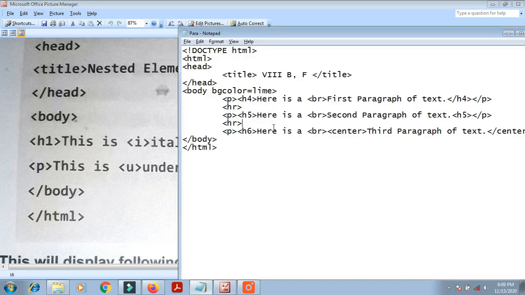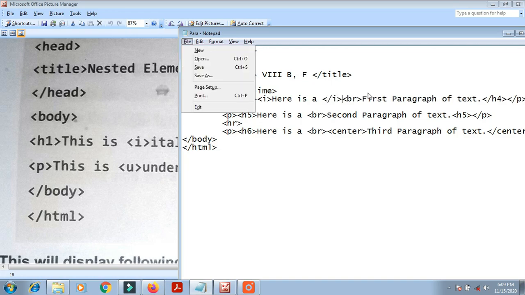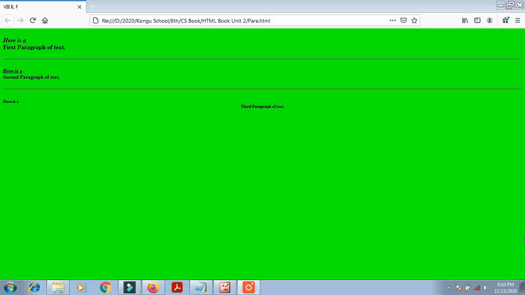Already we entered some information here. I am going to mention the I tag here. We have to close it, it is compulsory. Where I gave it here, we need to keep the slash I. So I saved the information, and from here it is working. See here, that word is changed to italic.